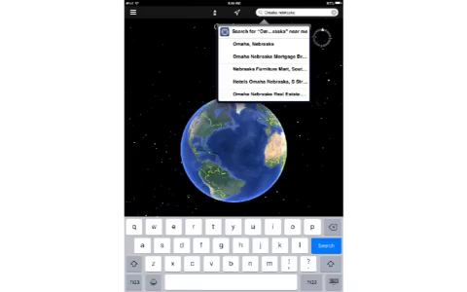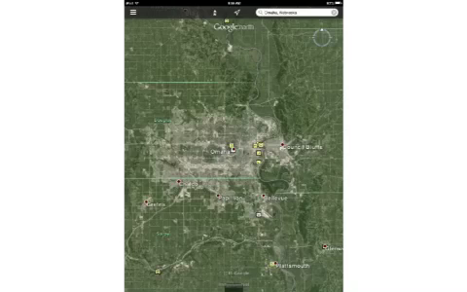Once you get into the app, it's pretty basic, just like any other app that you'd use, or just like any other search engine that you've used before in any internet browser. Up at the top here, you would put where you want to look up anywhere in the world, and I chose to look up Omaha, Nebraska, where I'm from and where I teach. Once you've searched in where you want to look up, obviously Omaha, it directly put me right on top of the city on the Google map.